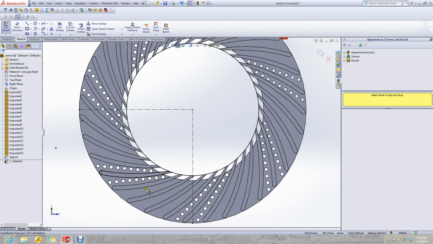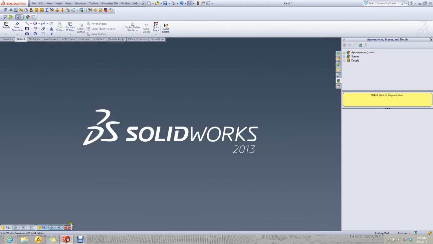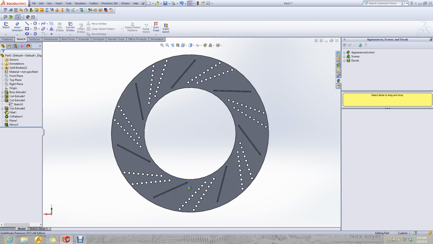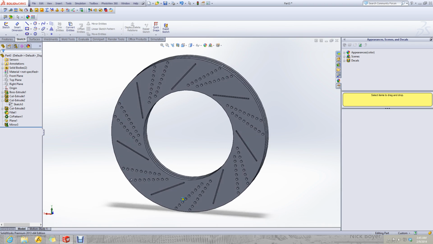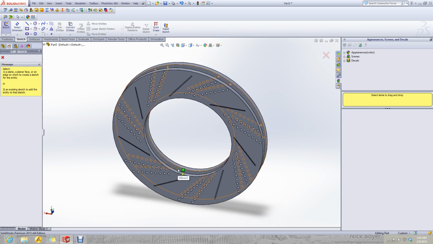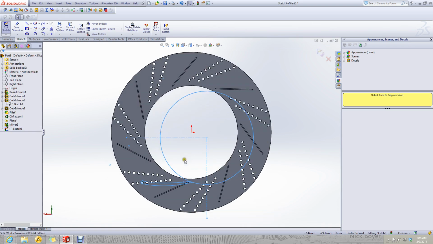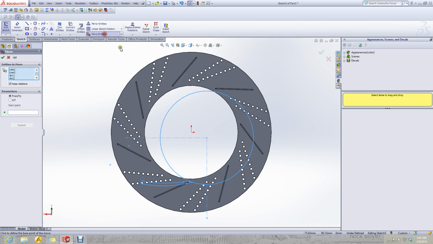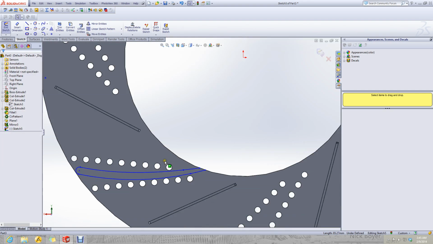Let's copy this feature. I will move these entities from here to here. I will delete this circle, I will delete this line, I will delete this line too.